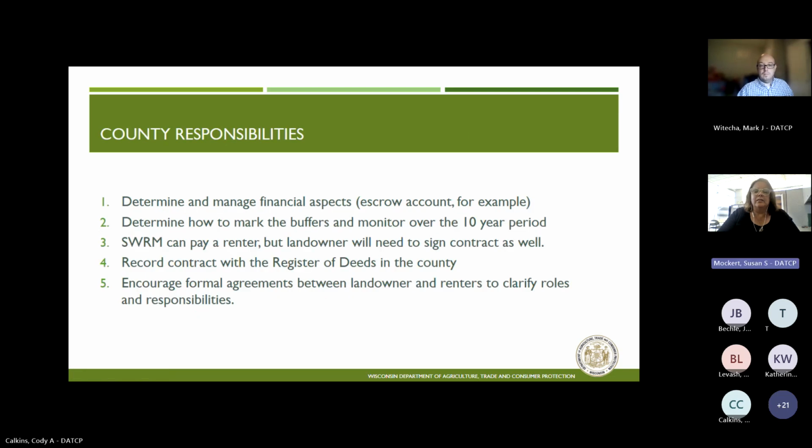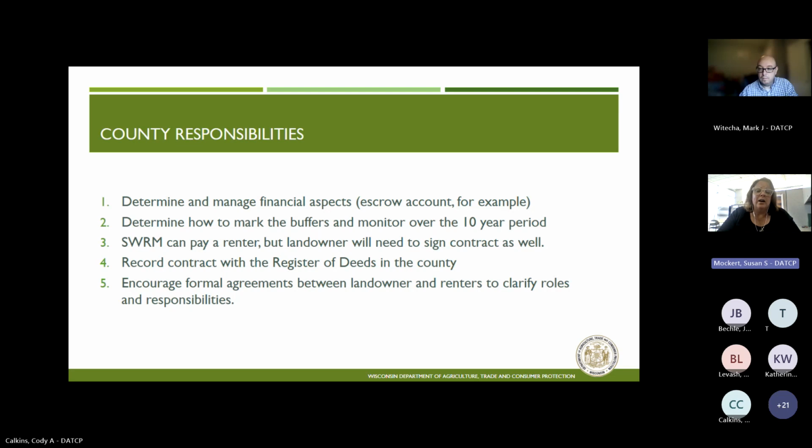So there's a definite difference here with county responsibilities using this conservation practice. Again, it's going to be up to the county to determine and manage the financial aspects. Some counties previously have set up an escrow account, and they'll do a yearly payment after they have viewed the site to make sure everything is in compliance. It's also up to the county to determine how to mark the buffers and to monitor them over the 10-year